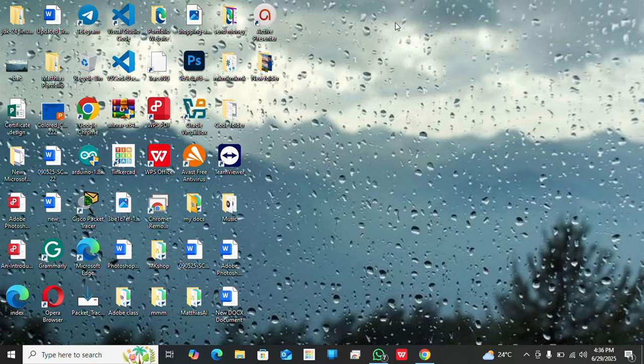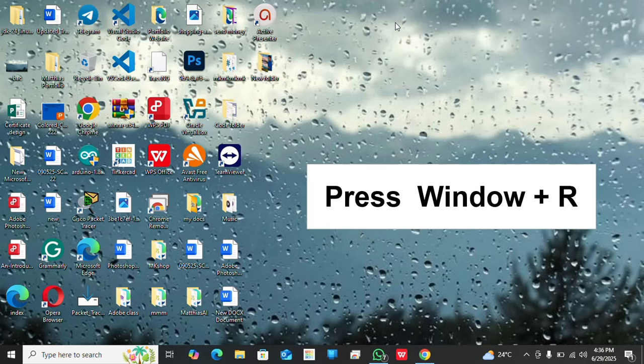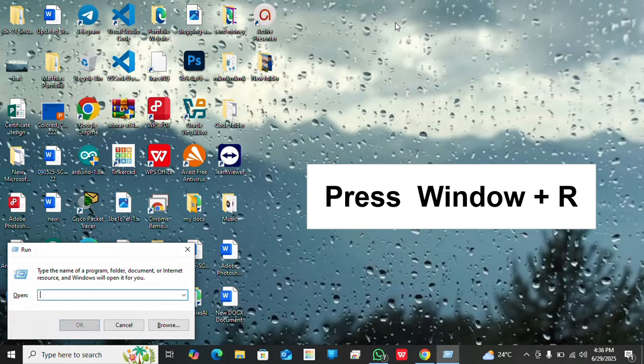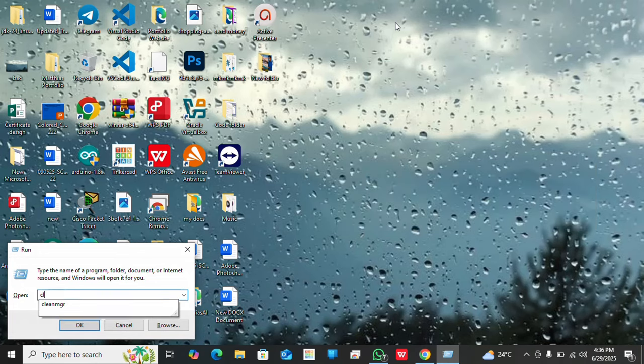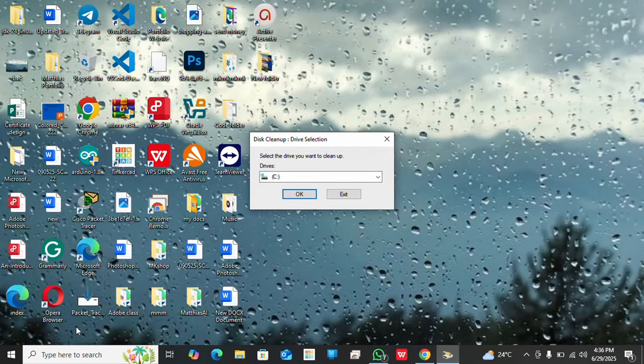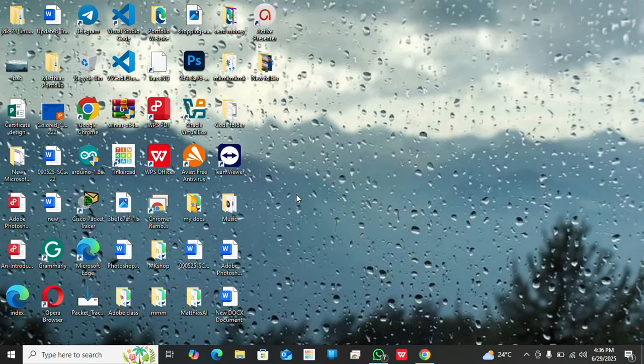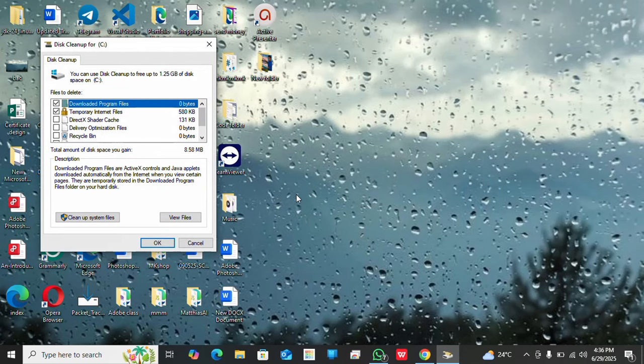So let's get started. First press Windows + R and then type cleanmgr and click OK. When you click OK, then come back to OK, click OK. After clicking OK, make sure and